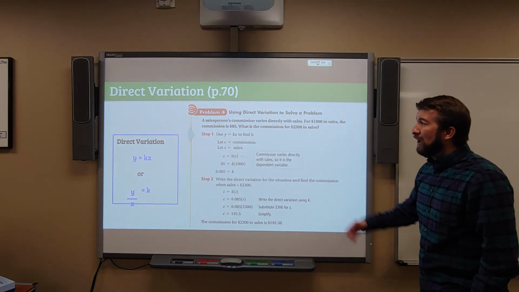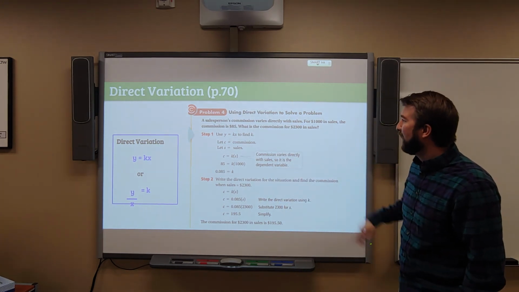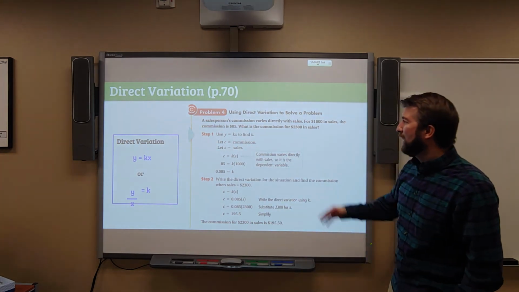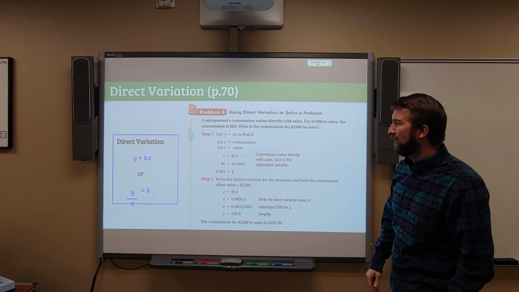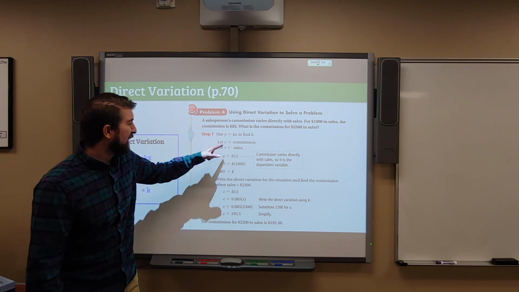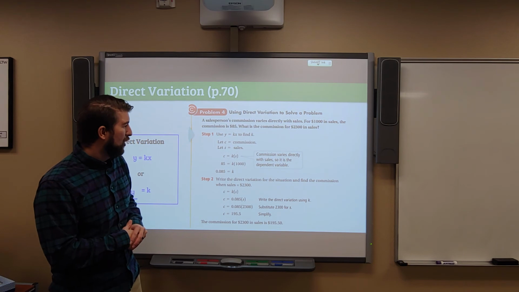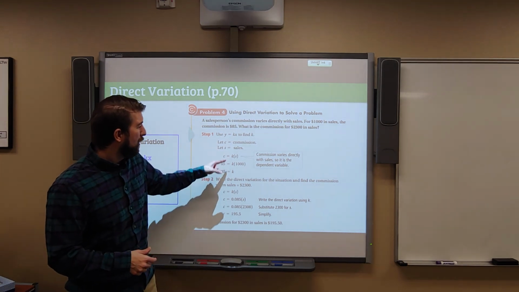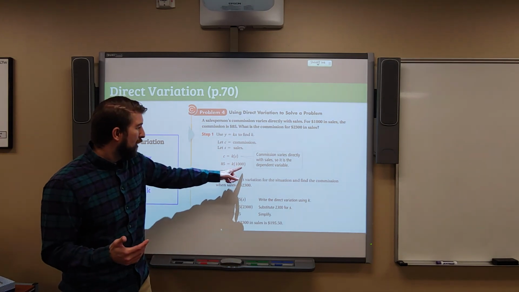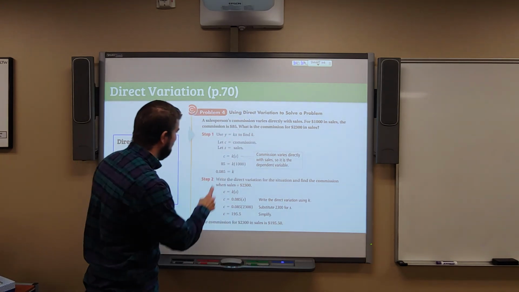So here we have a real life problem. A salesperson's commission varies directly with sales. For every $1,000 in sales, the commission is $85. What is the commission for $2,300 in sales? It tells us that C equals commission, S equals sales, and K is the constant of variation. So we would set this up as y equals kx. X is the input. So the constant of variation we determine is